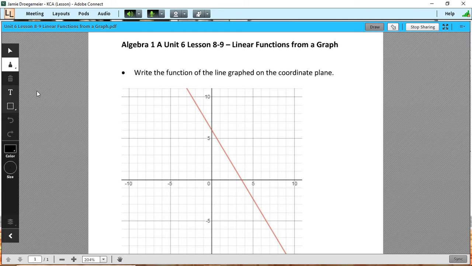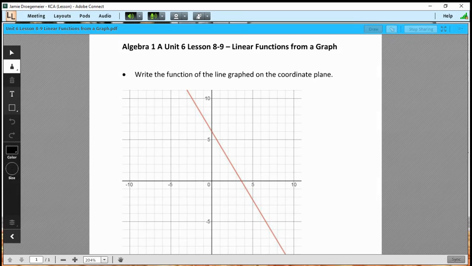Today we are in Unit 6, looking at lessons 8 and 9, linear functions from a graph. What we want to be able to do in this lesson is to look at the graph of a linear function and determine what the equation would be for that particular function. There are a few different ways we can go about doing that. The easiest way is to find the slope, find the y-intercept, and write that equation in